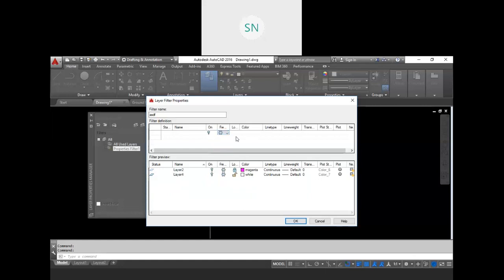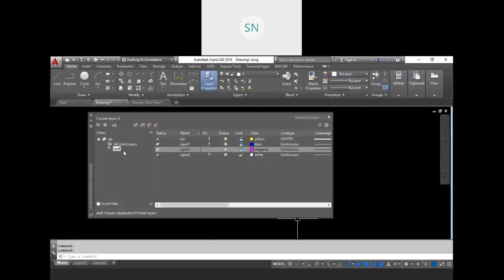As we discussed in physics, we have the AND gate and OR gate, right? Either this or this, either this and this. So similarly, it works over here. Let's take a single condition, that is I want all the off layers, and hit OK.